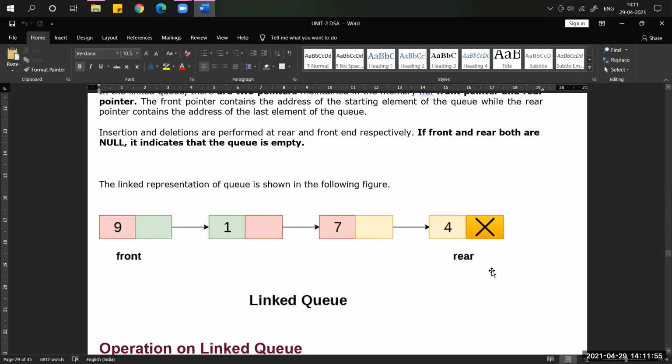If you want to insert one more node, you have to insert it after this node only. So we perform insertion, meaning adding a new node, at the end only, at the rear variable. At the front variable, we can perform the deletion operation, because this list follows the queue principle.